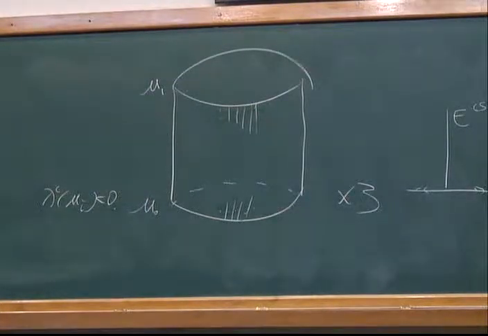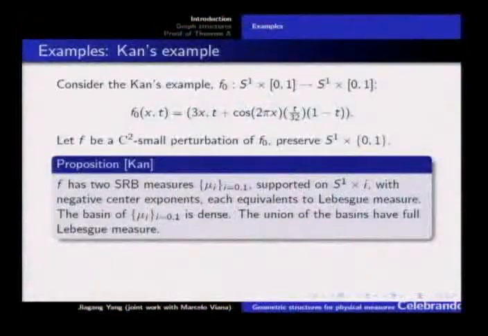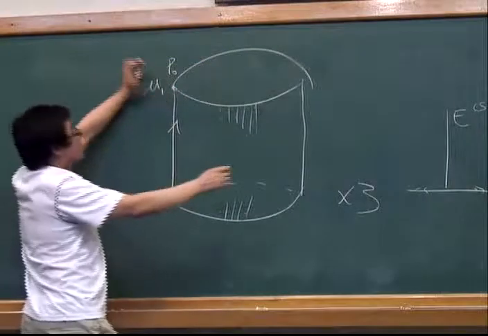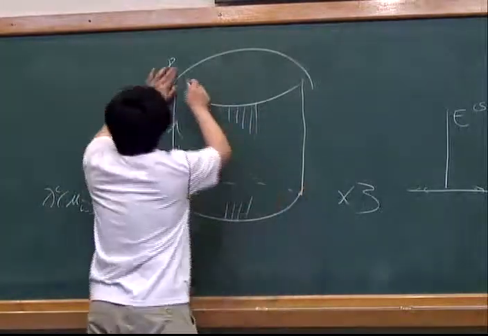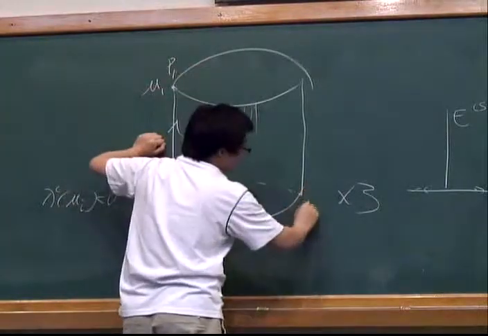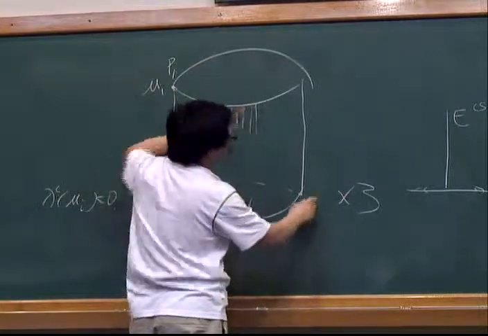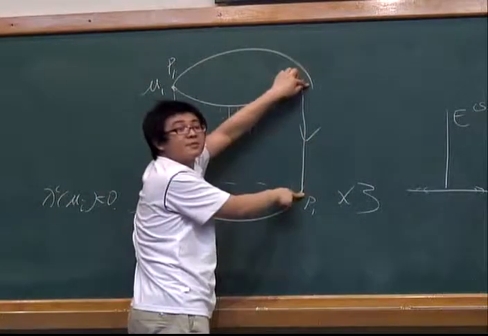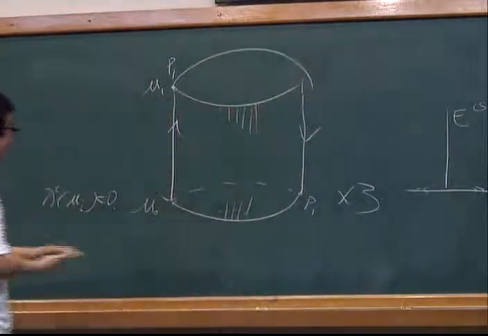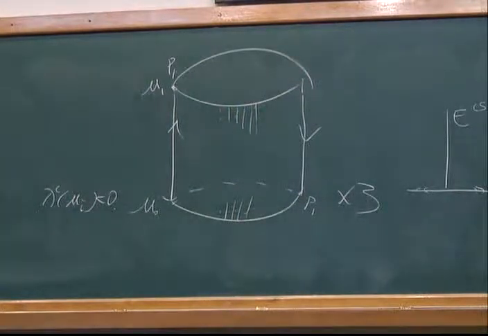The most important thing for this counterexample is the following. One can check: here you have a periodic point P0, whose stable manifold is to here. In the lower boundary, there is a fixed point P1, whose stable manifold is this segment. And by this, one can show